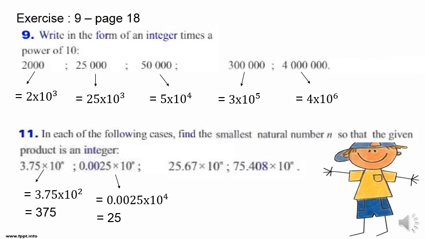The next one, count the digits of the decimal part. We have 67. The decimal part is to the right of the point, so we have to multiply by 100. 100 means 10 squared. So 25.67 times 10 squared. Move the point 2 digits to the right, so it will go outside to get 2567. The last one, we have 3 digits, so we multiply it by 10 cubed to get